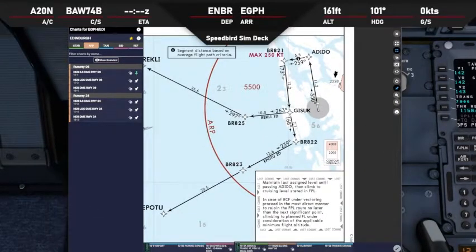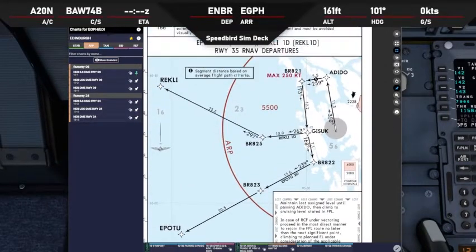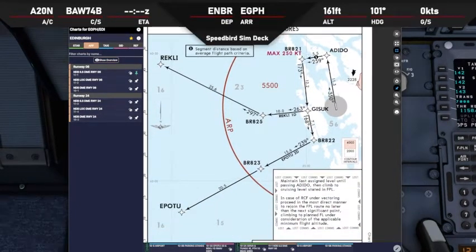So we'll take off runway 35 up to Edinburgh. Before we take a left turn on 259, we've got to be maximum 250 knots. Interestingly, there doesn't seem to be any height restrictions, so I think we're all right. Okay, and then left, and we come back down south to Gizuk, Bravo Romeo 822 before we take a right turn down to Epotty, and then we will be climbing out over the North Sea on our way into Edinburgh